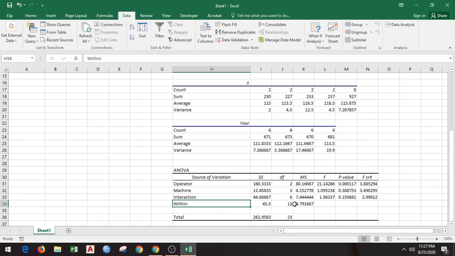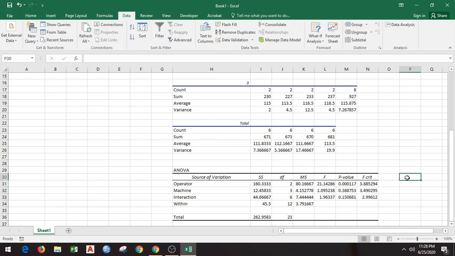So we have sum of squares, degrees of freedom, but we really are interested in the F values, and we are going to compare those F values with F critical values, or we can also look at P values and compare these P values with alpha values. So for example, operator, are there differences between different operators? Is the factor operator significant or not, right?